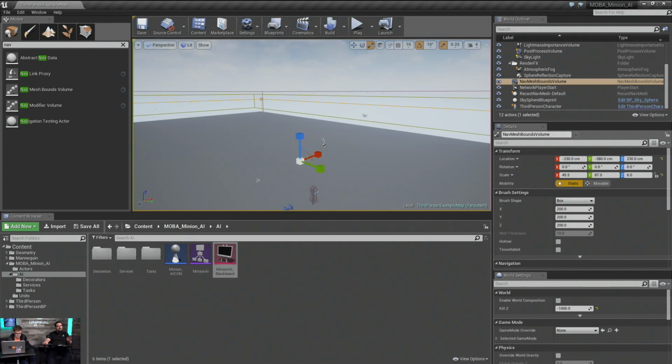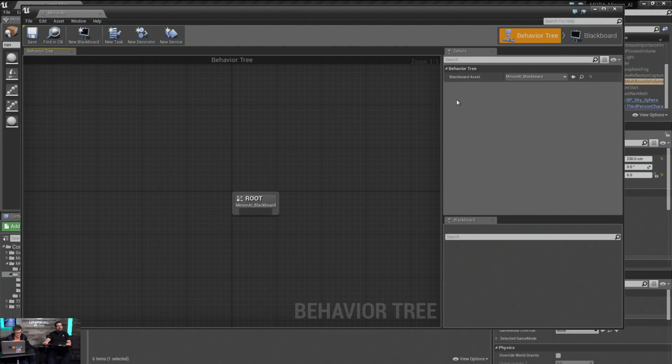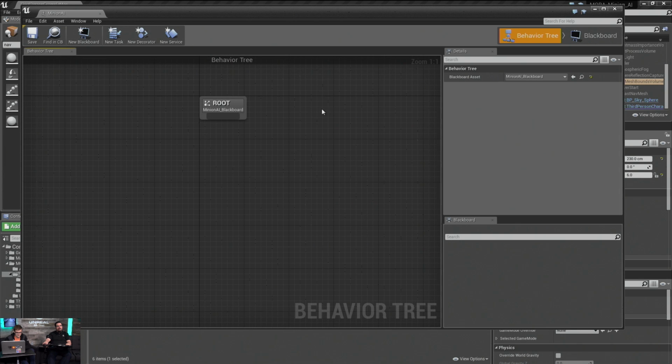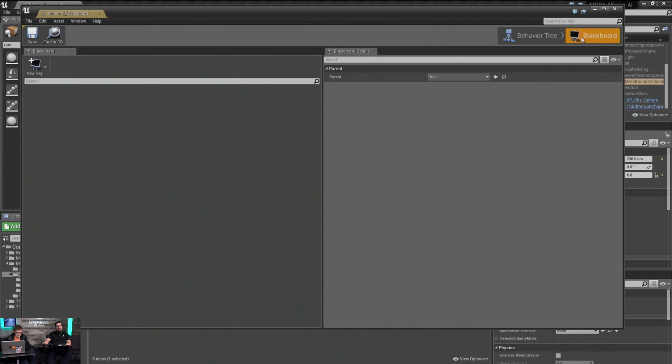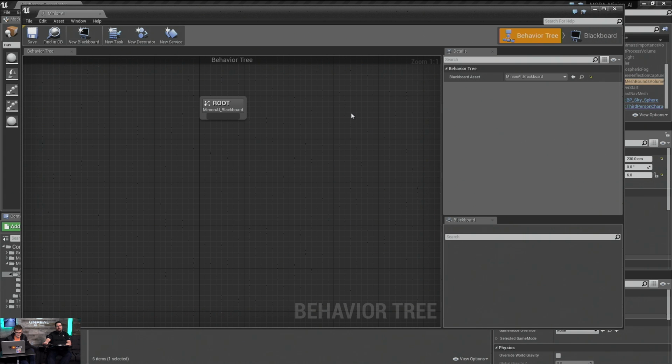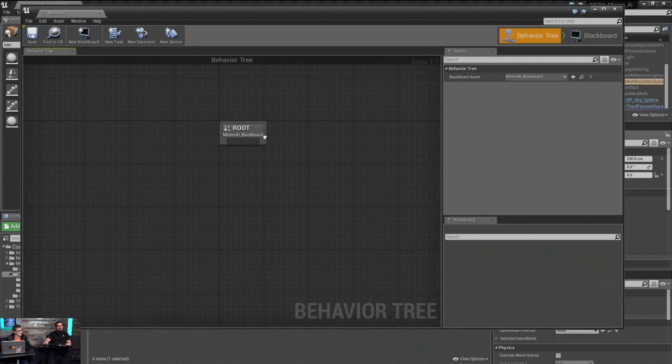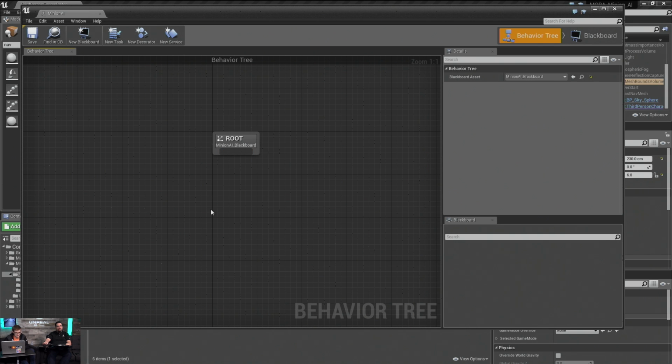I'm going to close these out. We don't need them for the time being. We can go into our behavior tree to make sure we have our Blackboard asset selected correctly. A little trick here is if you make your behavior tree, don't open it, then make your Blackboard, it will automatically select and you will have your Blackboard available. This seems currently to be the most, I don't want to say stable, but surefire way to make sure everything gets hooked up without any weirdness. Sometimes you have to close out the asset and reopen them. There's just some awkward behavior there with the two asset system here.